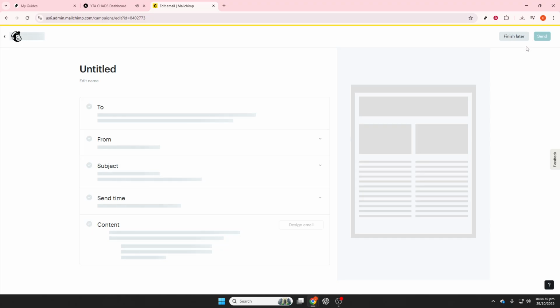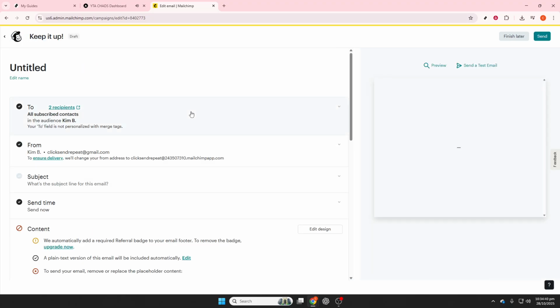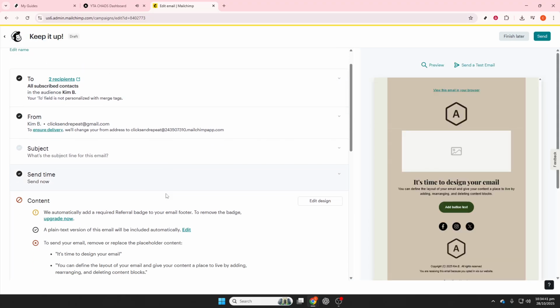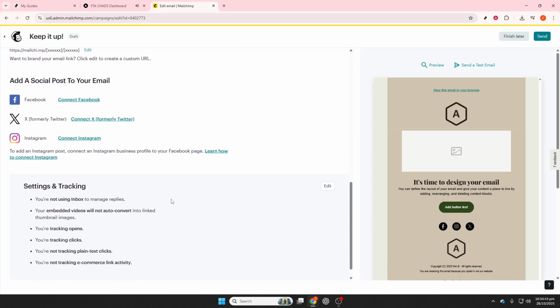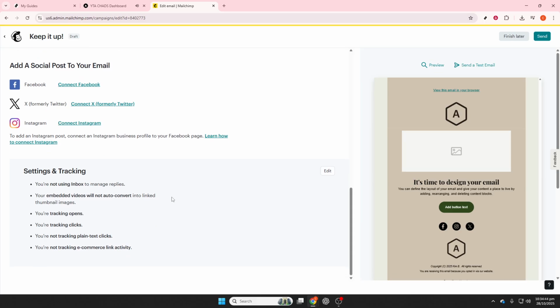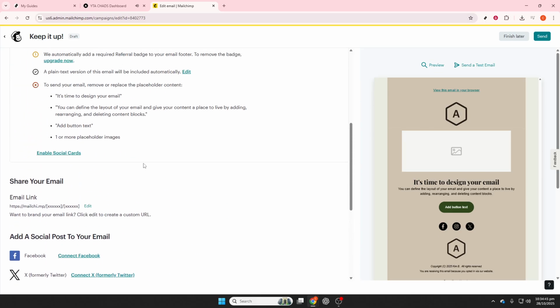Before hitting Send, it's crucial to test your template. Enter Preview mode and check both desktop and mobile views. Send a test email to your own inbox and examine how it appears in clients like Gmail, Outlook, and other mobile mail apps. If